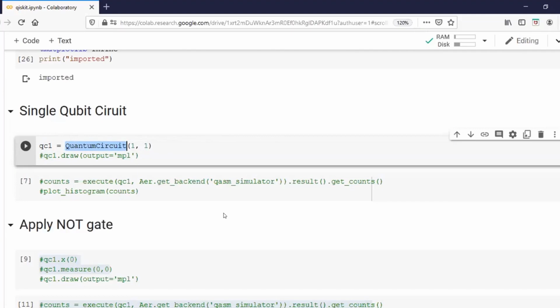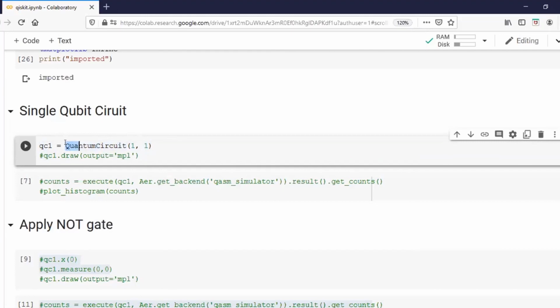quantum circuit 1,1 creates a quantum circuit with one quantum register and one classical register, or one qubit and one classical bit. Remember, Q is a capital Q, uppercase Q, and an uppercase C. This is very important.